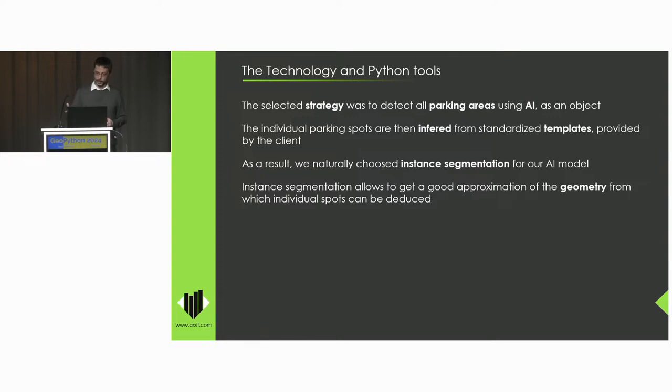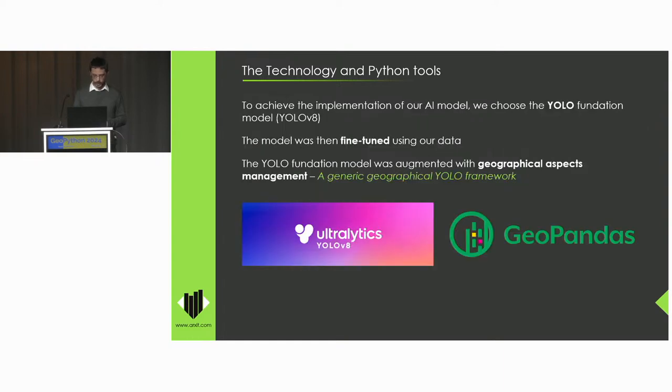That's the reason why we had to choose instance segmentation instead of object detection, because instance segmentation brings you the geometry of the parking area that we rely on in order to infer the individual location of the parking spots. In this project, we of course proposed that the client go with the YOLO model because it's the most suitable for this type of task. It's very impressive in terms of performance. It's a model that is able to produce masks, and you can very easily extract geometry from masks in order to get the geometry you need to detect this object.